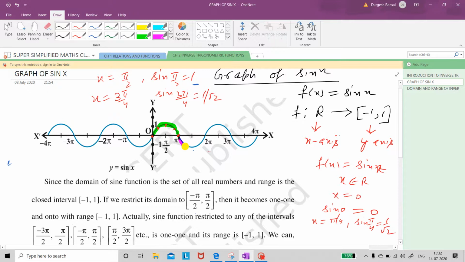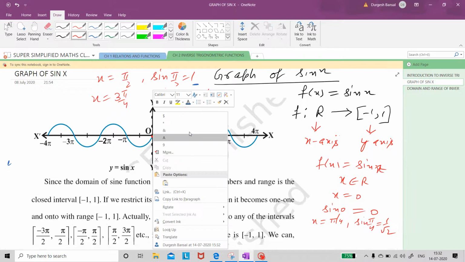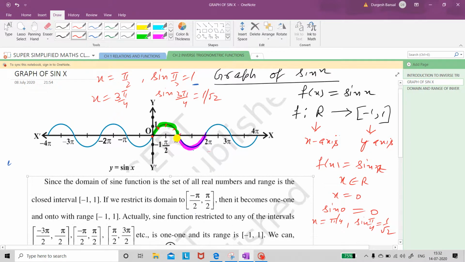If I take the values from pi to 2 pi, I will be getting this portion of the curve, and so on. What I am going to study in this curve is, because our purpose is not to draw the curve but to study the properties of this sine curve. So what I see in this sine curve is that if I take x to be 0, then sin x will be 0. If I take x to be pi, here also sin x is 0. X is 2 pi, then sin 2 pi is 0, x is 3 pi, sin 3 pi is 0.